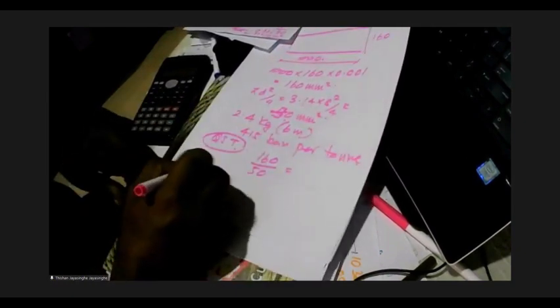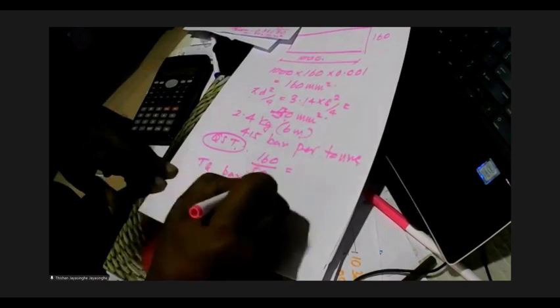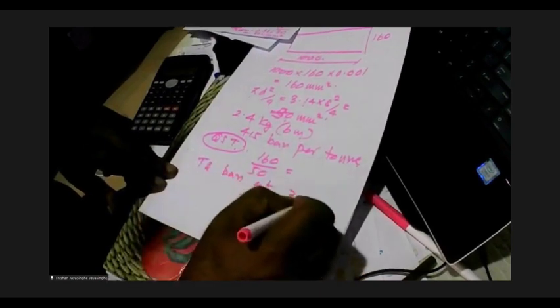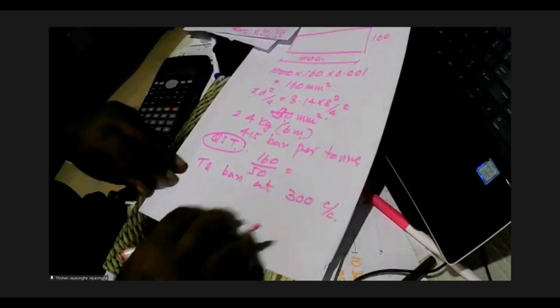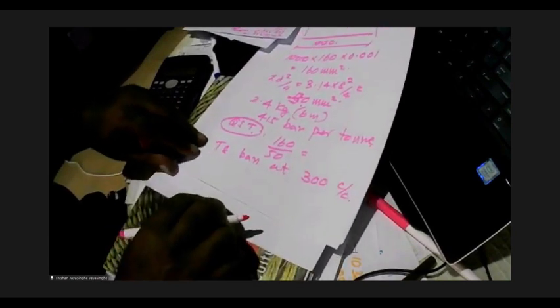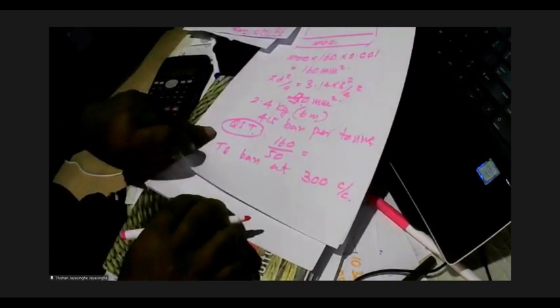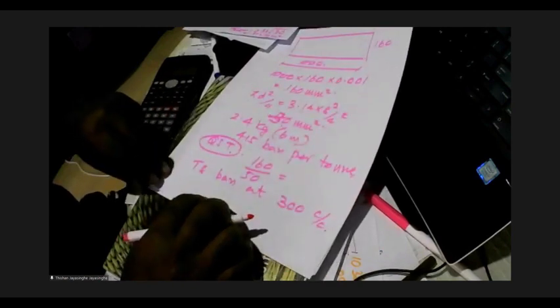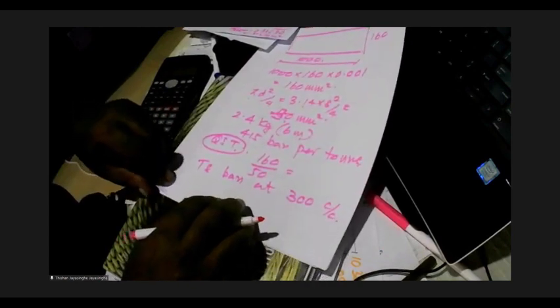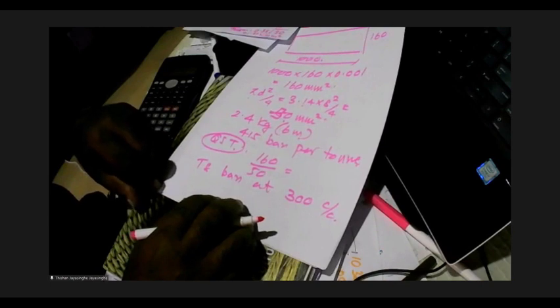So you can have T8 bars at 300. T8 bars at 300 centimeters is sufficient to prevent cracking due to any unforeseen problems like shrinkage. So you can cast the slab with T8 bars at 300 center and then apply